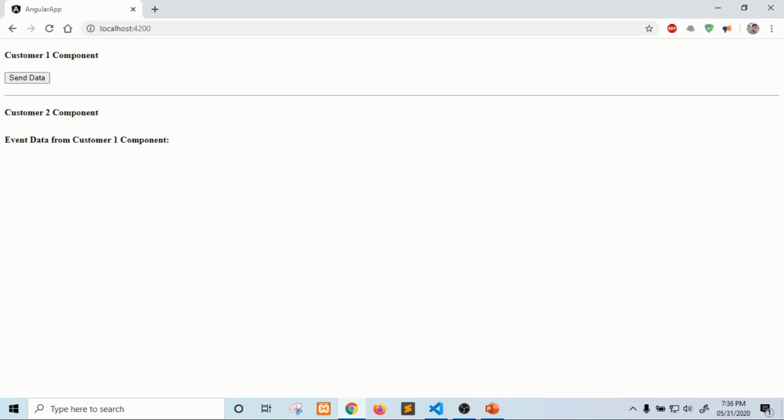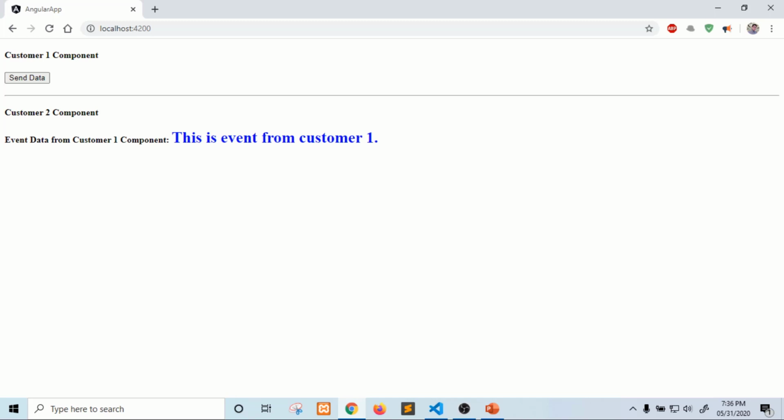So this is the structure which is created. We have the customer 1 component with one send data button. On click of the send data button, we will be passing data to the customer 2 component. If I click on this button, I can see 'this is event from customer 1'.